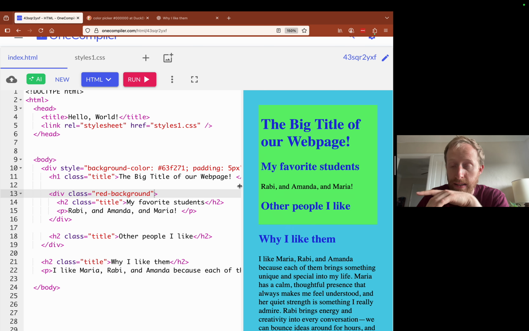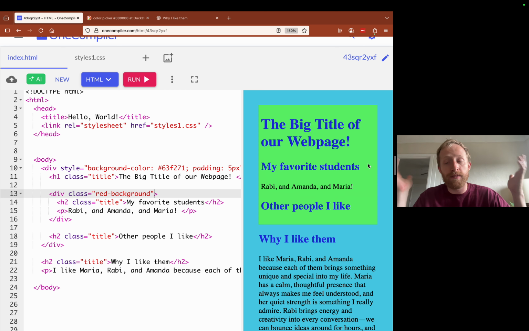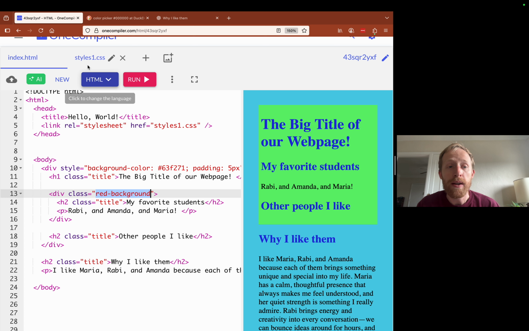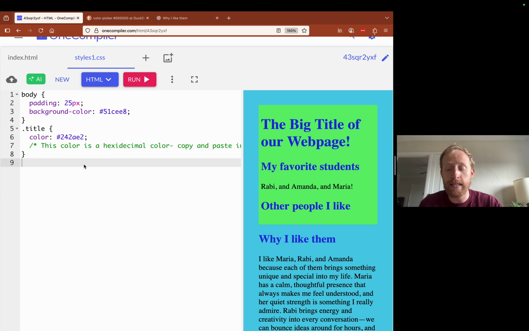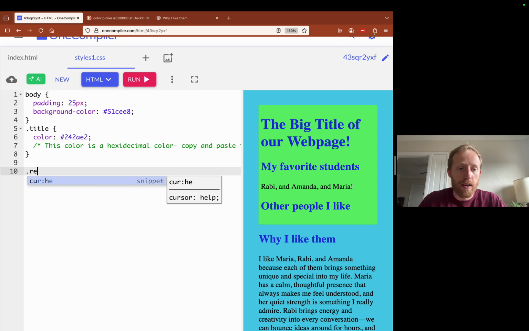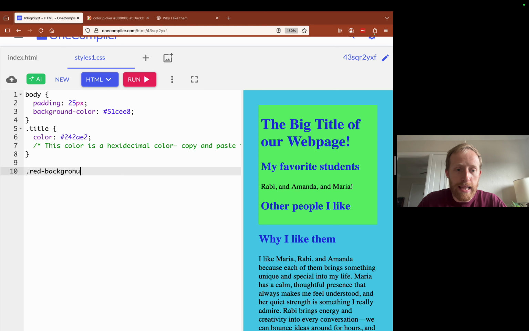This div is still here, it is invisible. Why is it invisible? Because a div is an invisible box unless you specify, like I want the background to be red or something, unless you specify it in some way. So now I've specified this class as red-background. I come over to my styles.css and say red-background, because that's how I named this one.